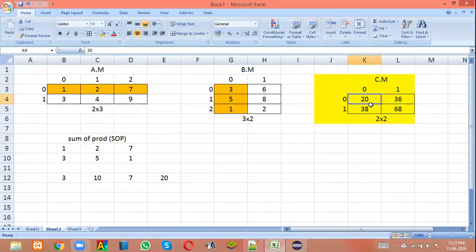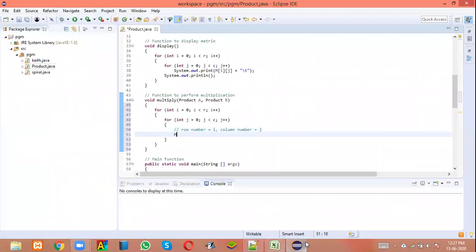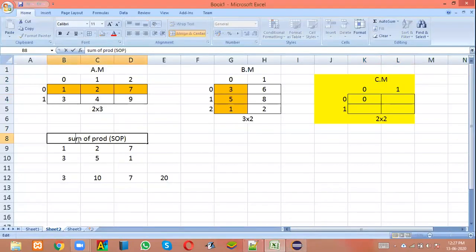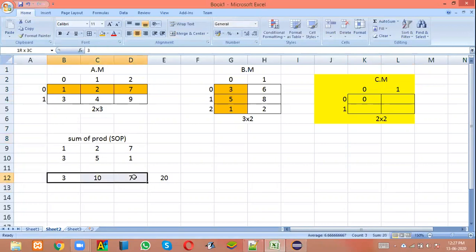Listen carefully to what I'm going to do. Let's imagine we have not written anything here. First, the position I have to initialize as 0. So M of ij will be 0. First initialize as 0. See, a product will be inside, but outside we have to write sum, correct? Finally, what we are doing is a sum.